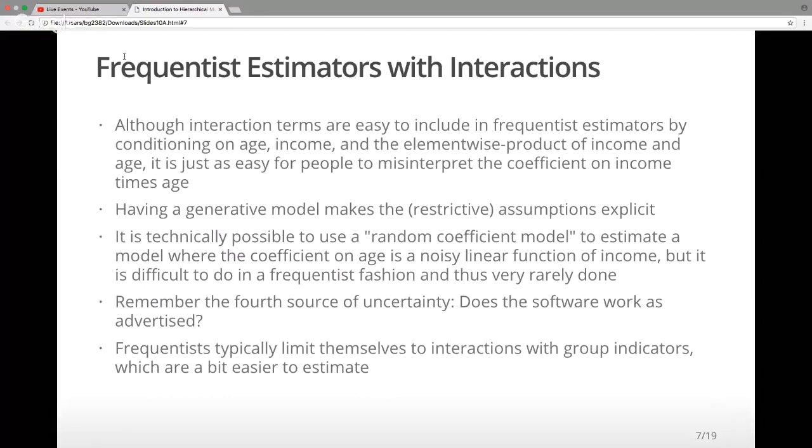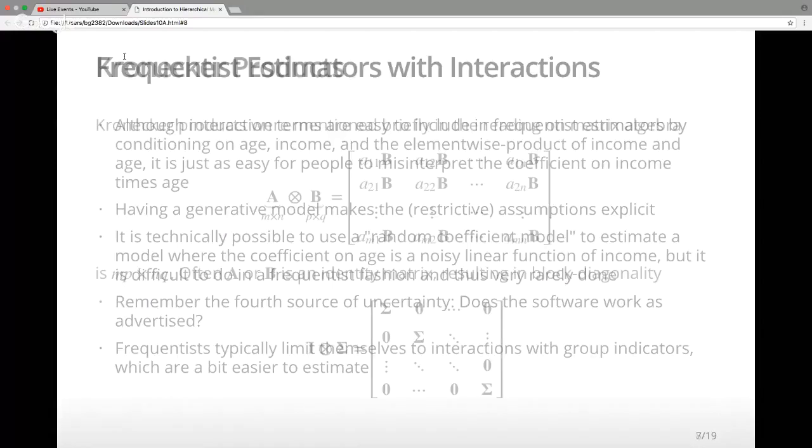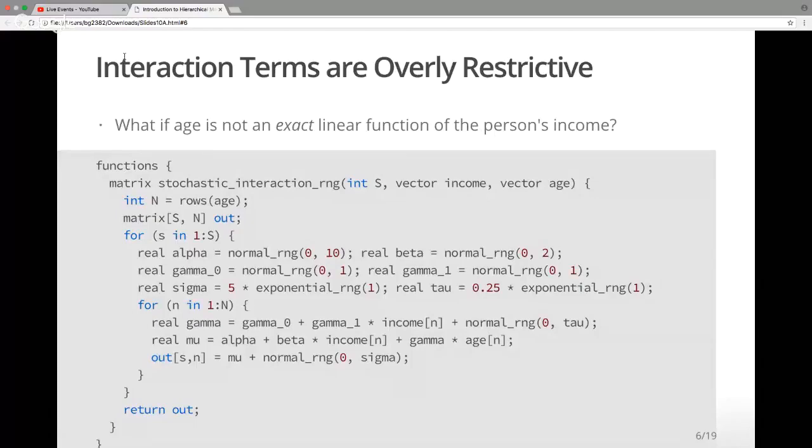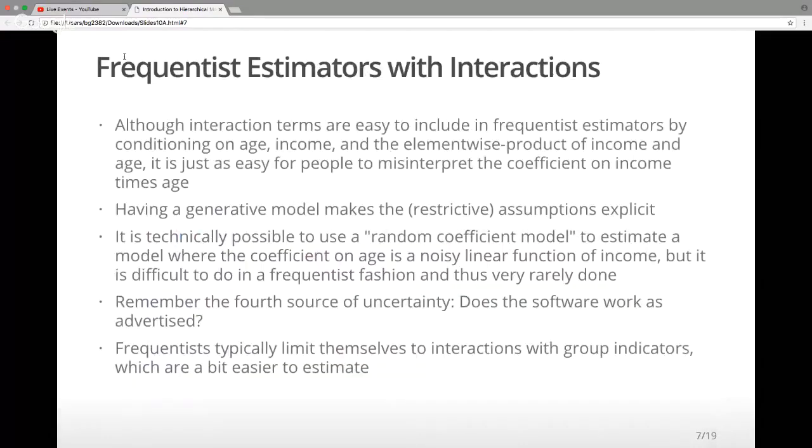And when you make those assumptions explicit, it ought to dawn on you just how restrictive it is to say, okay, someone's coefficient on the age variable is an exact linear function of income, so that two people who have the same income have exactly the same coefficient on age. And while it's technically possible to estimate the latter model, the one that has noise in the relationship between the coefficient on age